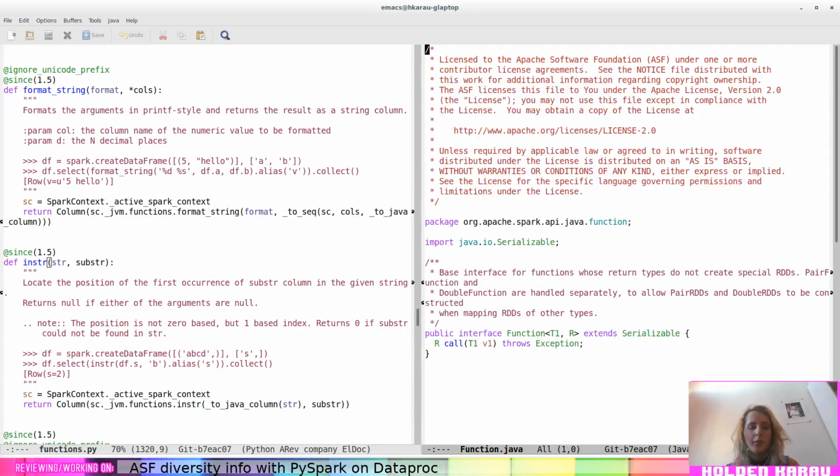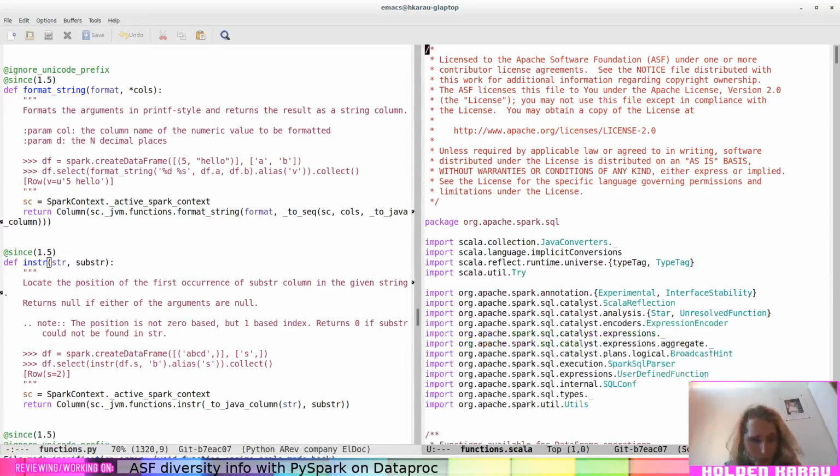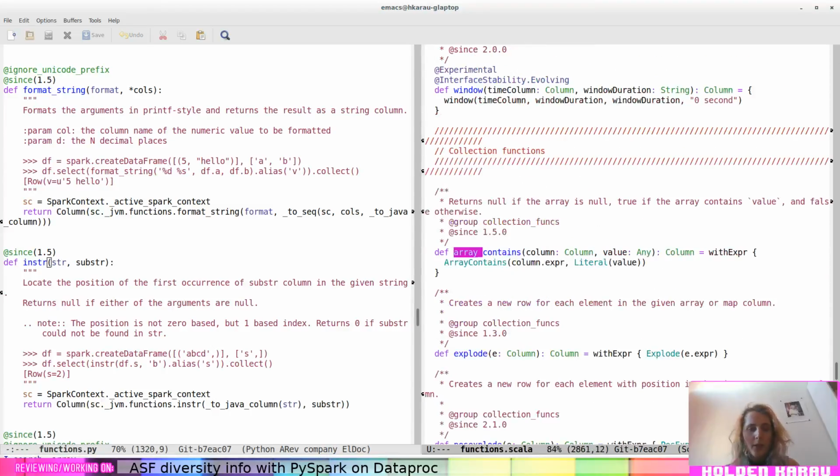Okay. No, I want probably functions.scala inside of SQL. Okay. Array. No, that is cast to a literal. Huh. Literal type value, though. Well. Yeah.